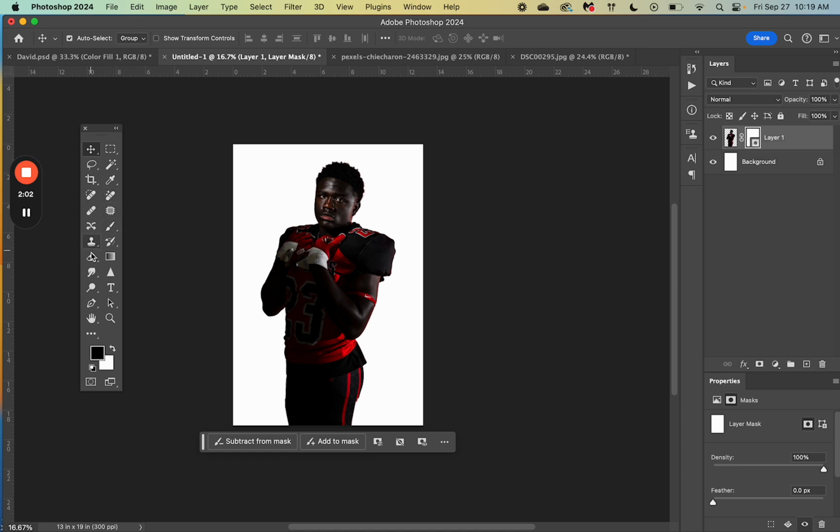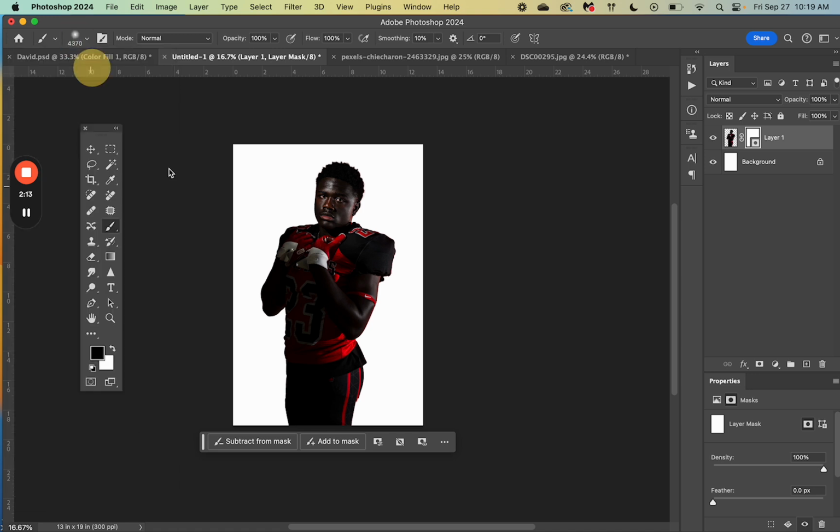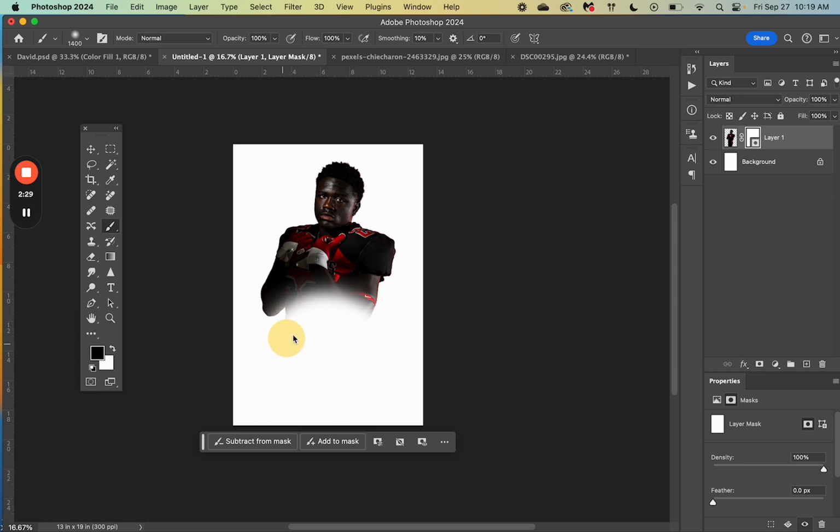So if I get my regular brush tool, I still have it as a lightning. Let me go back up here. Let me just change to a general brush. And of course, that's way too big. So I'm going to Command minus. And I'm going to make sure my foreground color is black. And now I'm just going to start, see,